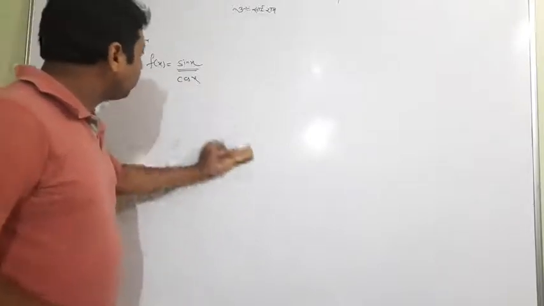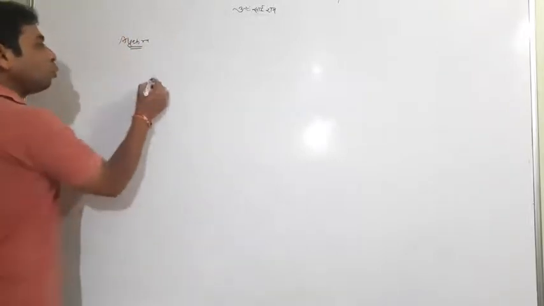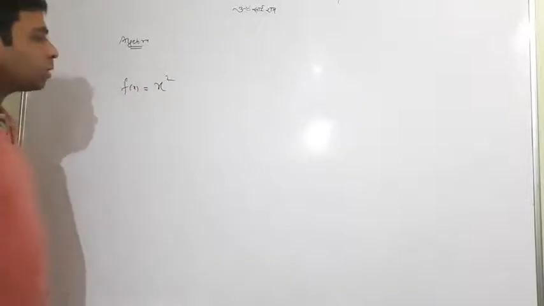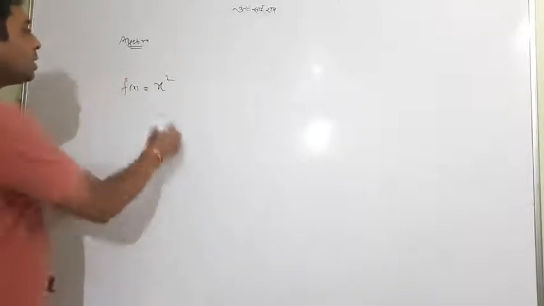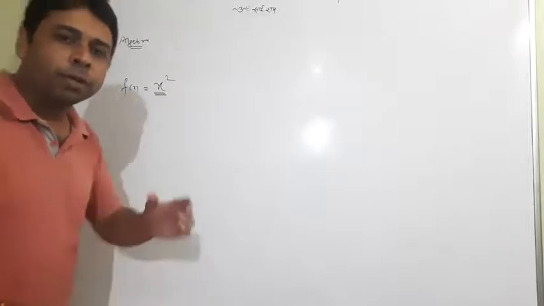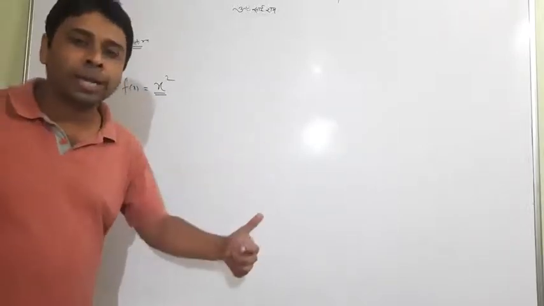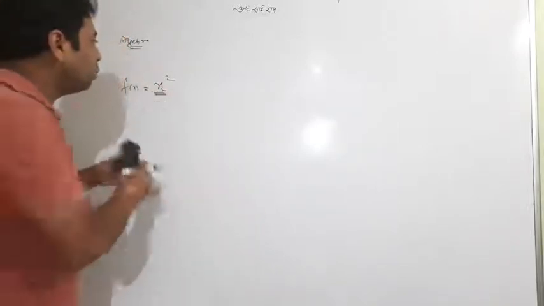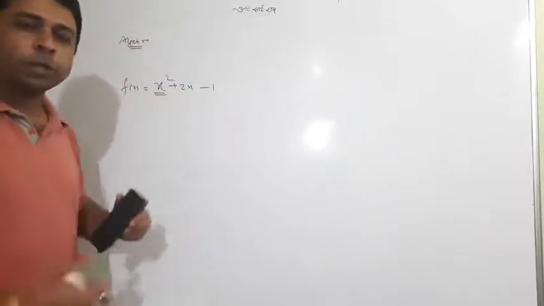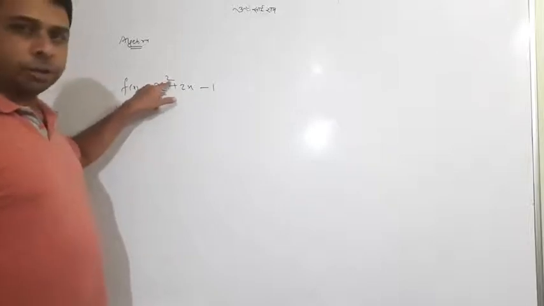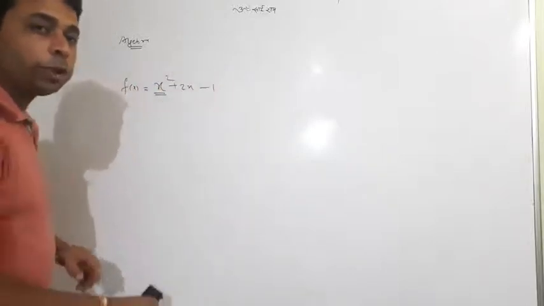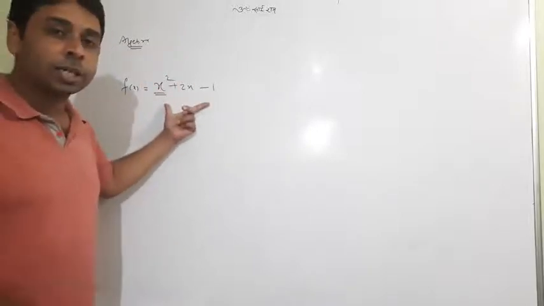Sometimes we talk about one more thing. Have you heard of f of x equal to x square? It is not a surprise. What is such a function called? It is called a polynomial function. Whenever any function comes with only x, like x to the power 2 plus 2x minus 1, in a simple equation with any power, it is none else than a polynomial function, and one should remember that it is never discontinuous.